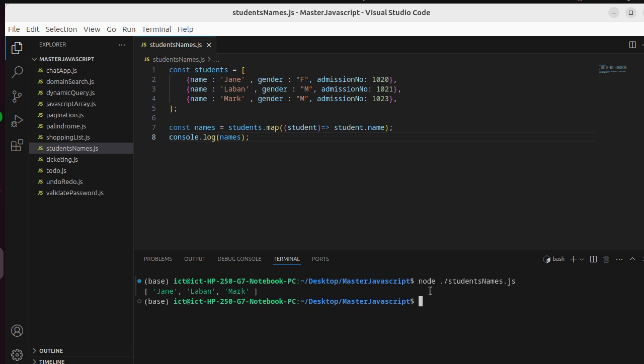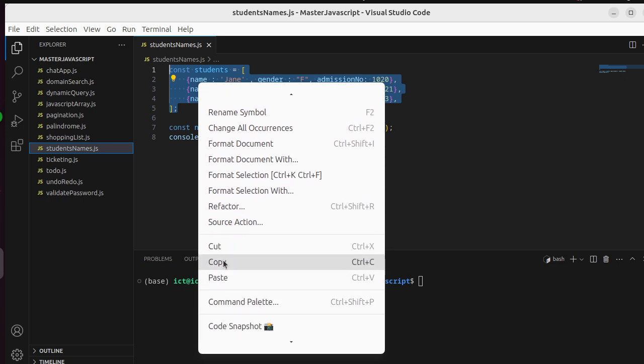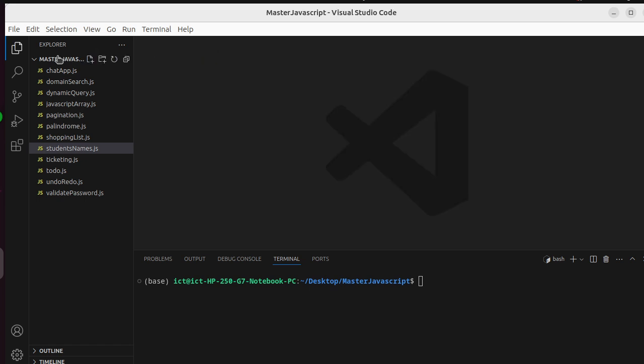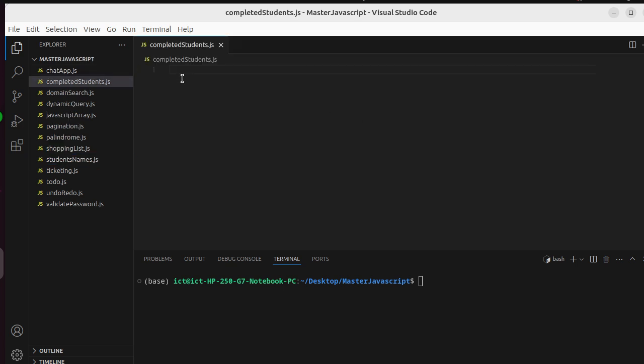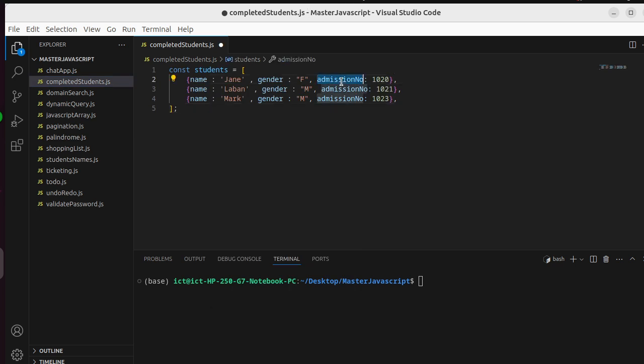So let's move to another. Let's look at another JavaScript array method. I'll close this. Maybe I'll copy this so that I can just paste it. I'll create a new file where now we'll be talking about the filter. The filter is similar to the map, but now we intend to do some calculation. So here, I'll maybe say completed students.js, and I will paste the array that I copied here,